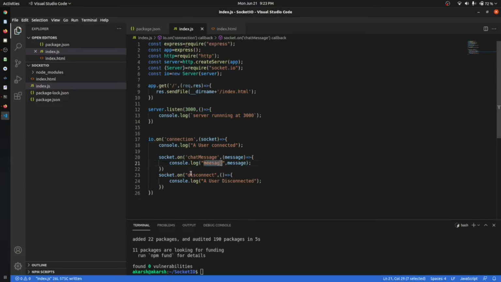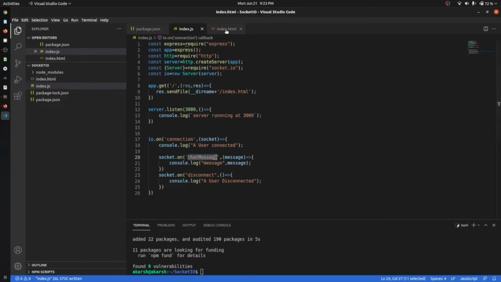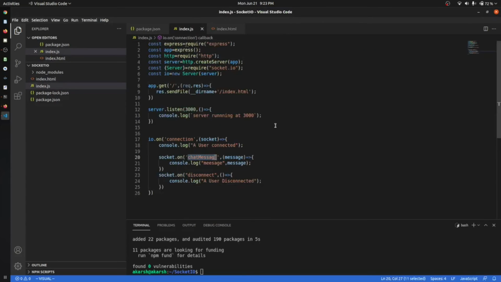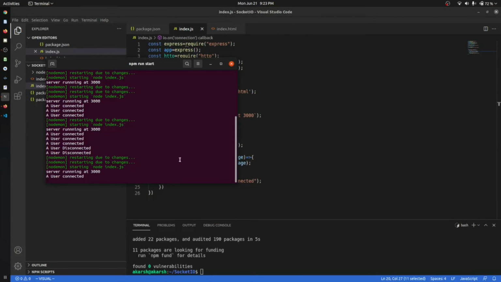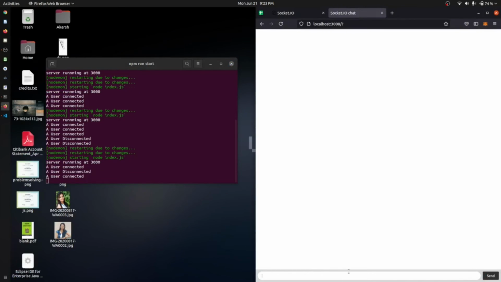Okay, so we can see that we have a message here, chat message. Let's see whether the names are same or not. Chat message, yes, the names are same. Now let us type a message, hello, and the point I enter this, we got a user disconnect.